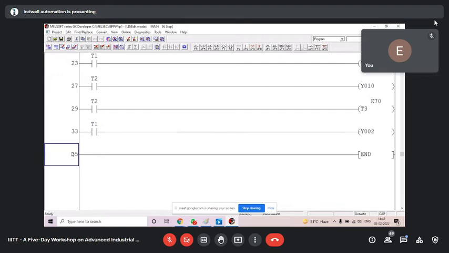See this. Can you see this here? 35, last ladder 35. So this software has calculated that you have used 35 steps to make this program. So why don't we send only 35?